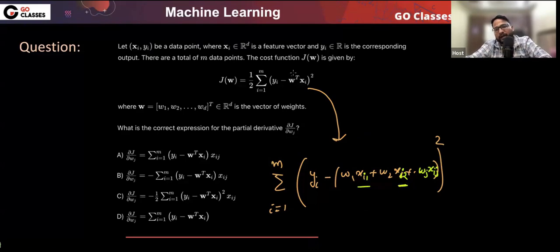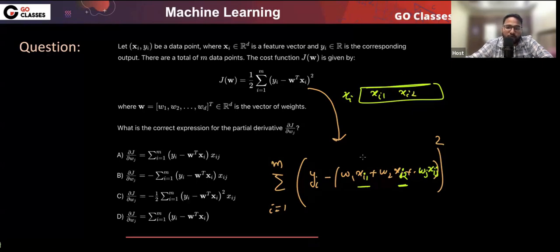That is what I'm saying. X is one data point, and then across this data point only, this is the i-th row, right? This is xi, so it might be xi1, xi2. I want to just open up within the row. So if I open up within the row, then it will be like this. Anyway, if you just differentiate with respect to wj, then I think 2 into this whole quantity,